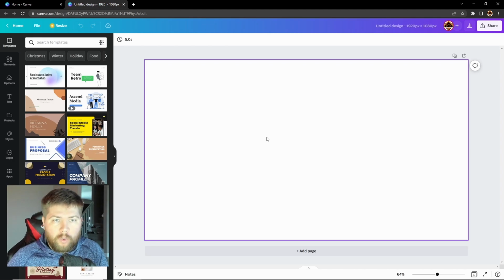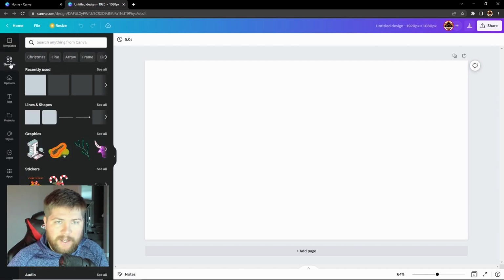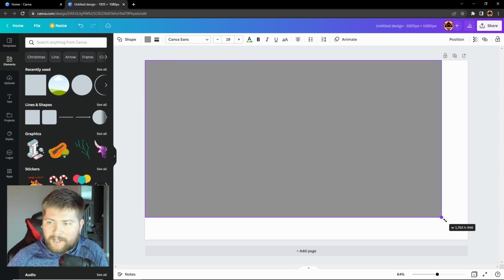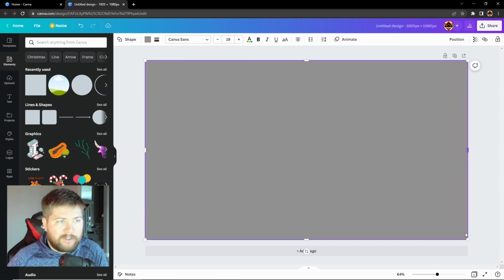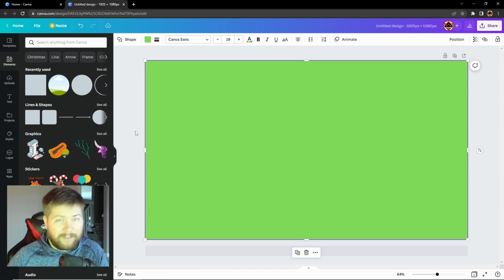What we're going to do here is come over to this tab, elements, on the left hand side. We're going to click that, and we're going to take the square, just click it, and then drag it to the corner and resize it so that it fills the entire blank white canvas. The last thing we're going to do in this step is make it green, because we'll be using that later on when we actually add it as a scene into OBS or